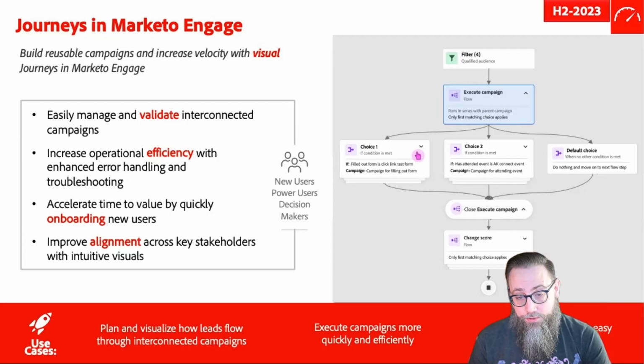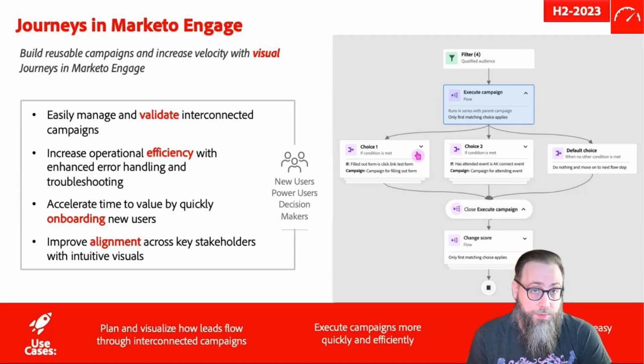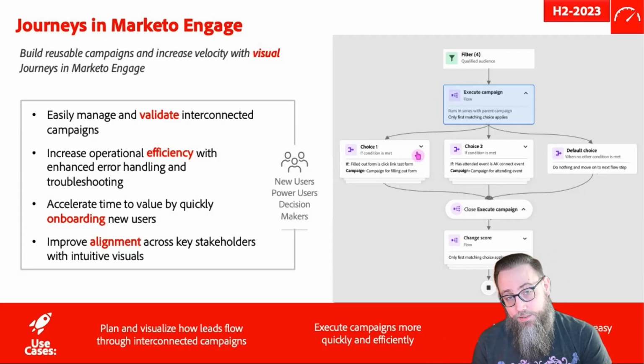The other useful benefit of having this visual representation of a flow in Journeys is for your own documentation purposes. Documentation is one of those things that's very hard for all marketing and marketing ops teams to keep up with. But this is a great way for us to not have to go into Visio or OmniGraffle, or whatever solution you use, to build something custom, because you can just get it straight from the system. This is going to be hitting Marketo customers in the second half of this year. So it's not available quite yet, but it is coming.